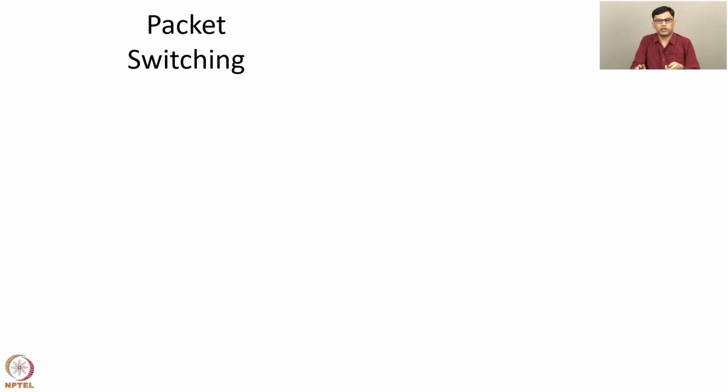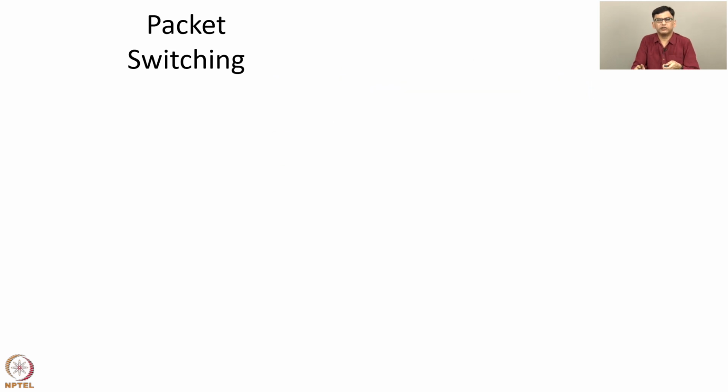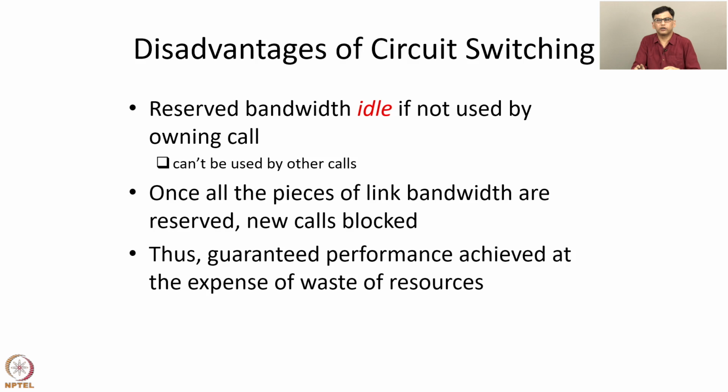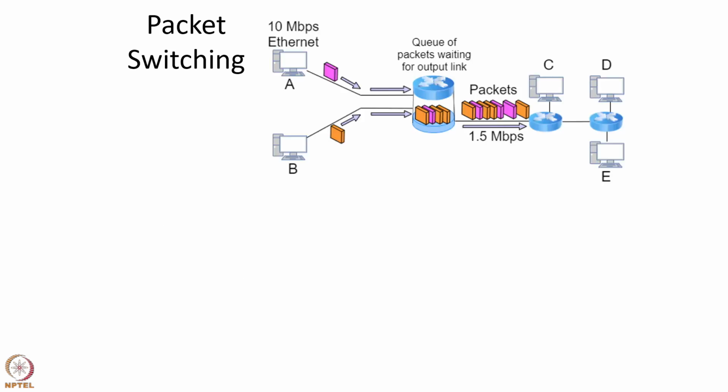So now let's discuss packet switching, which is used in the internet. To compare, circuit switching is suitable for traffic such as voice calls and video calls, that is real-time traffic, whereas packet switching is suitable for data kind of traffic such as web transfers, file transfers, and so on. Although packet switching can also support voice calls and video calls. Fine. So we now discuss packet switching in detail.